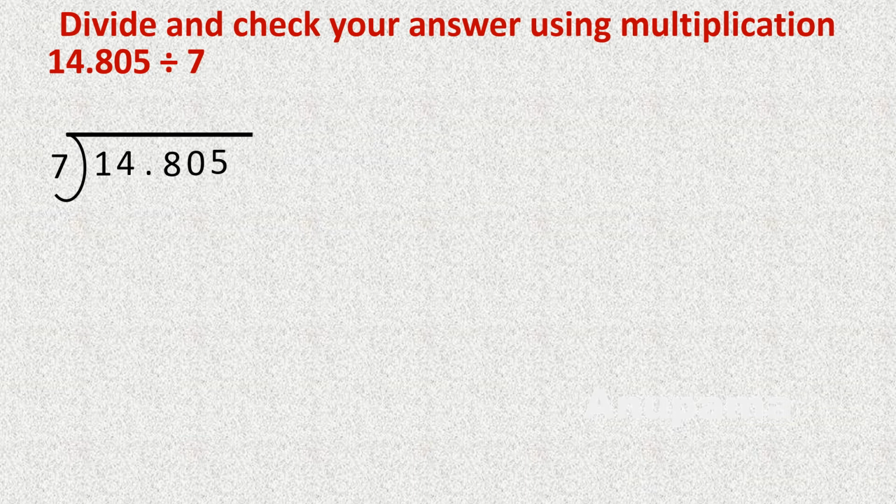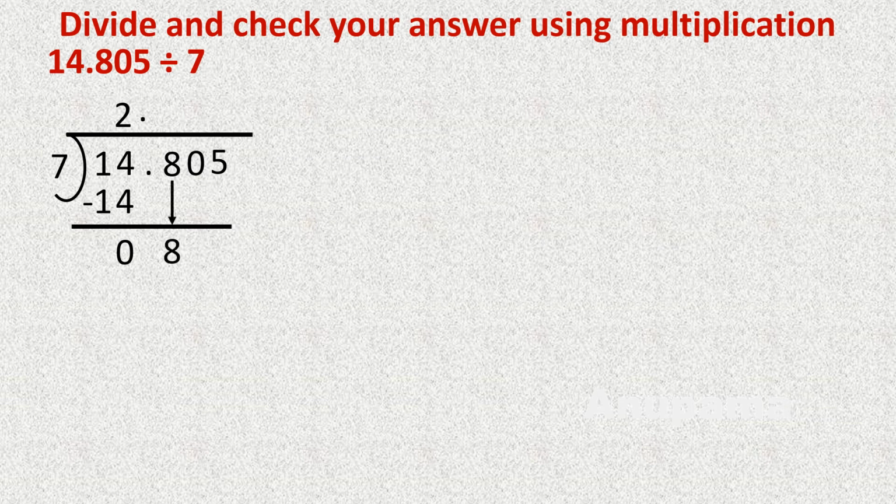Now at first we need to divide by 7 in 1. Can we divide in 1? No, because 1 is less than 7. So we will divide in 14. Let us tell the table of 7 in 14, or we can say we will check how many 7s can be fit in 14. So your answer is 7 2s are 14. It means we will write 2 here. Now we will do subtraction. 14 minus 14 is 0. Here is a decimal point. So we will write this decimal point in the place where we write the quotient.